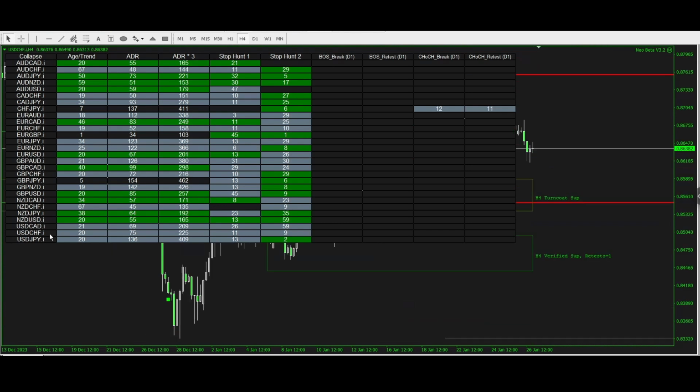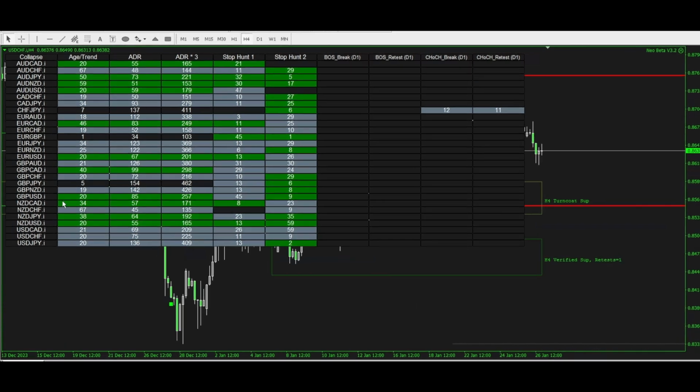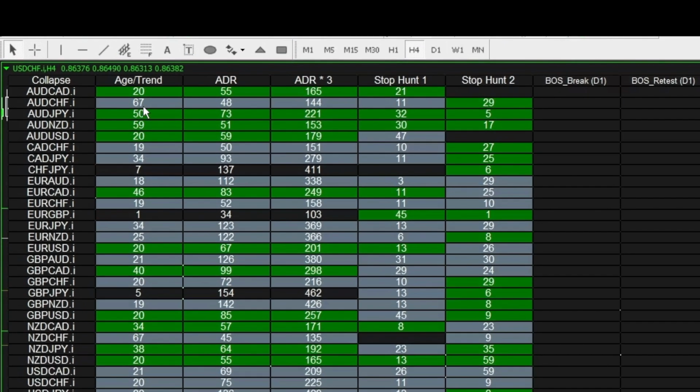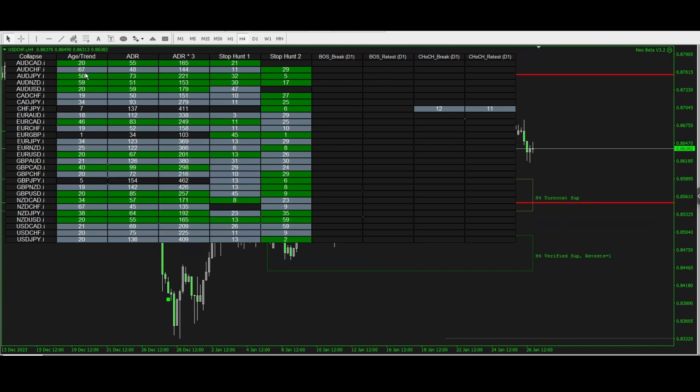So now that we're on USD CHF, what I want to pay attention to here is what is the trend in the market. So this is going to show you when price action is literally breaking a trend based on the Fibonacci being high or low on a daily time frame, and when price action is actually reversing from those points for a change in momentum in the market, which is a new possible trend.